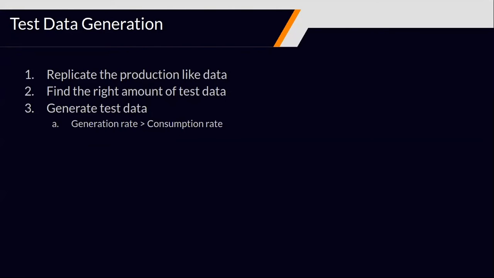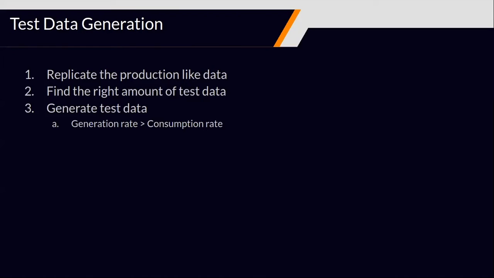And now comes the most crucial part of performance testing, which is data generation. While doing functional tests, we can just use test data or dummy data, which is good enough to see whether the application is functioning as expected. But that can't be the case in performance testing, because we'll have to replicate our production-like data. Let us take the case of e-commerce. There we can't just have a record with one or two mandatory fields, because that won't be the case when the users are actually using it. And we'll have to find the right amount of data.